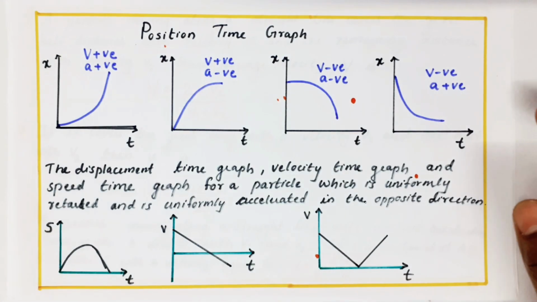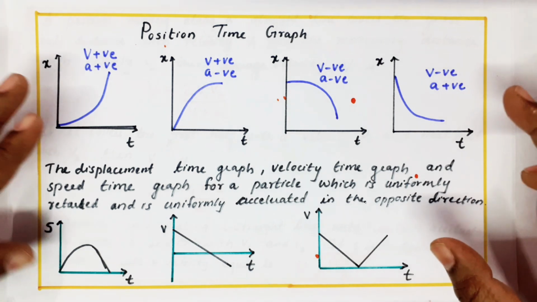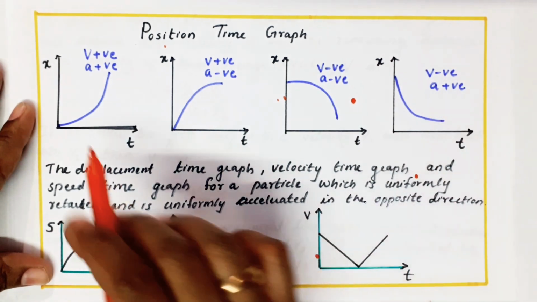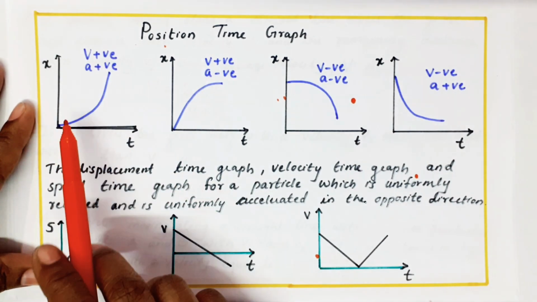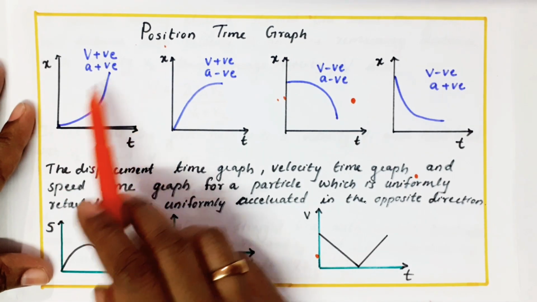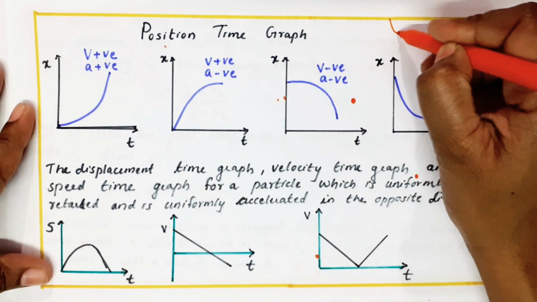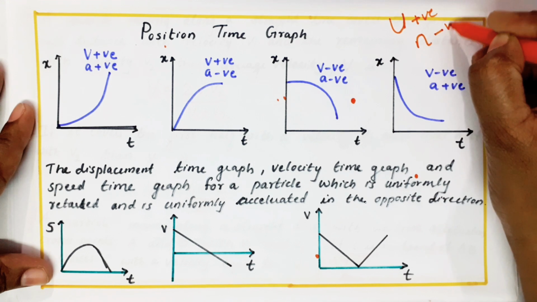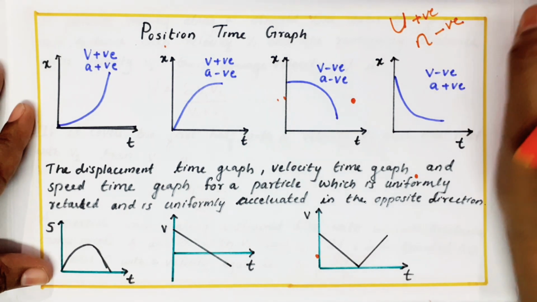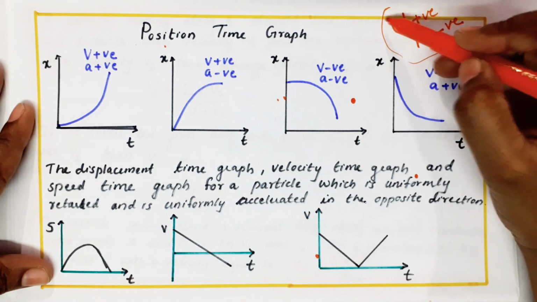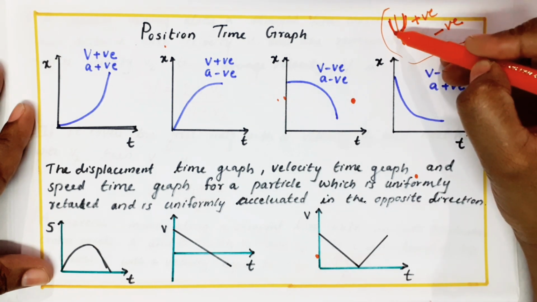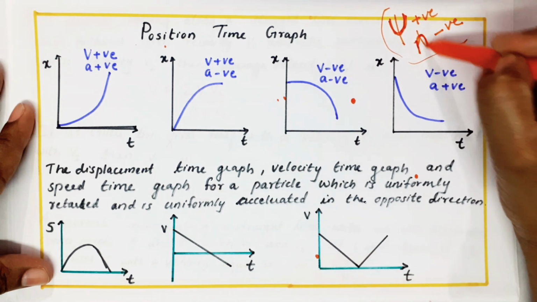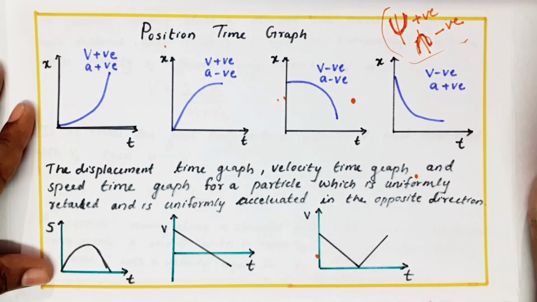Now, next, a little more explanation for the position time graph. That means our displacement time graph only. I've seen in a few exams, they ask about the signs of both a and v. So this one, I usually remember that a U-shaped graph indicates positive acceleration and an N-shaped graph indicates negative acceleration. It's a trick, a shortcut. There is no physical meaning, it's only easy to remember. U-shaped graph means this part or this part, anything you take, acceleration is positive. N-shaped graph means take this part or this part, both are negative acceleration.